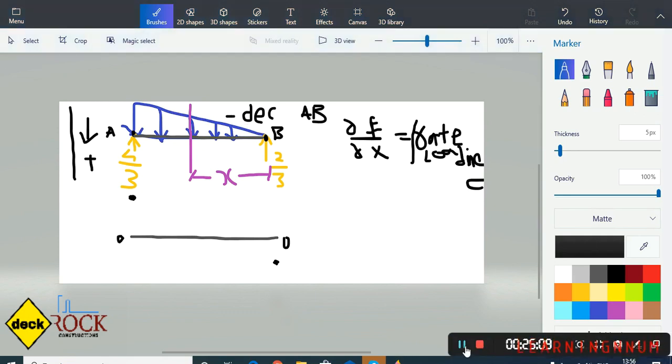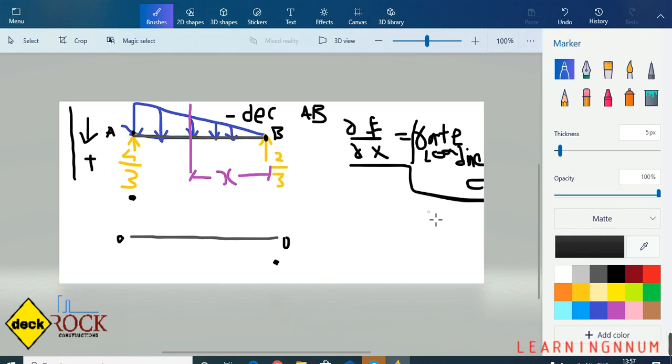See, in this equation it is clearly written, right? Slope of shear force curve would be equals to rate of loading. If we found out rate of loading is negatively decreasing, so what would be the slope of the shear force curve? It would also be the same, negatively decreasing, right? Yes, sir. That's what I was asking you. So for this we have to select a negatively decreasing curve.